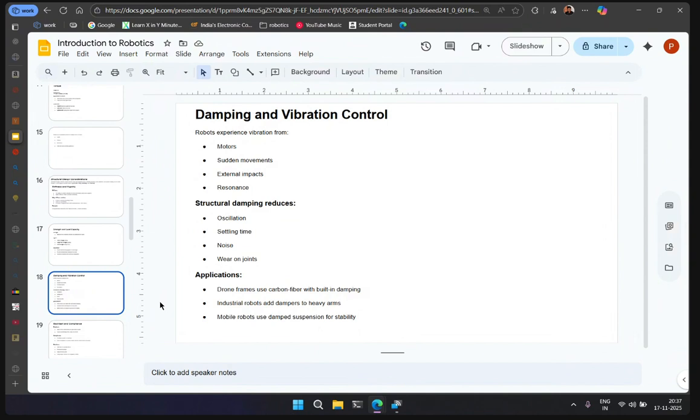So it will either unscrew itself and everything will collapse, or it will damage some critical components. In drones, you will see this mostly. What happens in drones is, on top of the frame, you have something called the flight controller, on top of your power distribution. The main controller is screwed on top of small rubber feet. Those rubber feet absorb all the vibrations coming from the motors of the drone. For that we use those things,